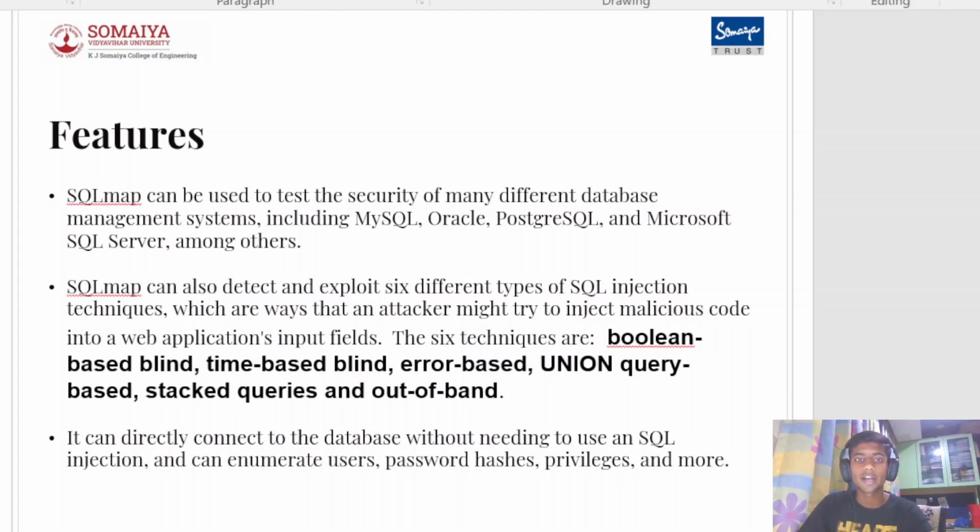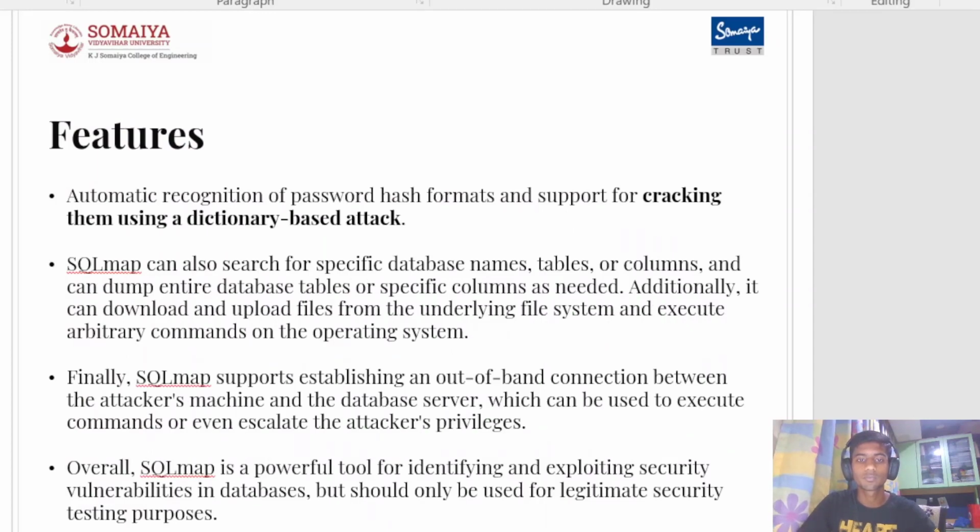It can connect directly to the database without needing to use an SQL injection, and can enumerate users, password hashes, privileges, and more. It can automatically recognize password hash formats and support cracking them using a dictionary-based attack. It can search for specific database names, tables, or columns, and can dump entire database tables or specific columns as needed. This feature allows security professionals to extract data from the database for analysis and to identify vulnerabilities that could